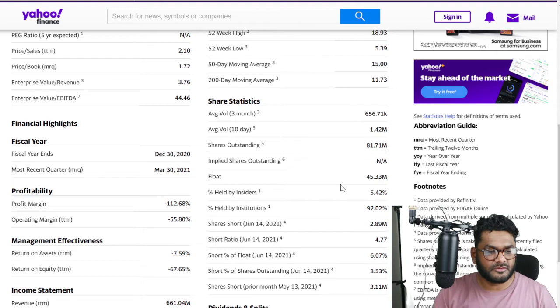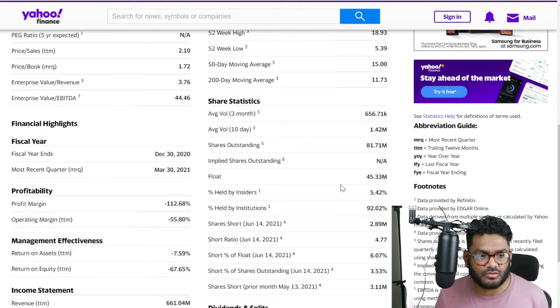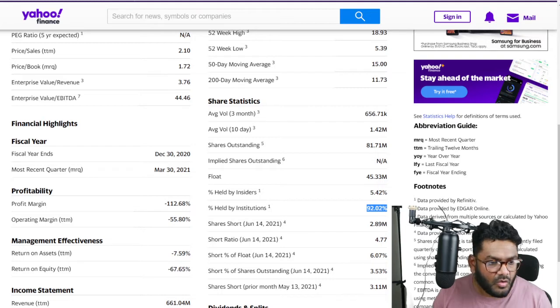They can use it for a second offering. They can use it for anything that they want to do. If they want to raise any capital, they can just release those shares. Okay. Now, if you just come down, institutions own 92% of this company. 92% of this. Holy